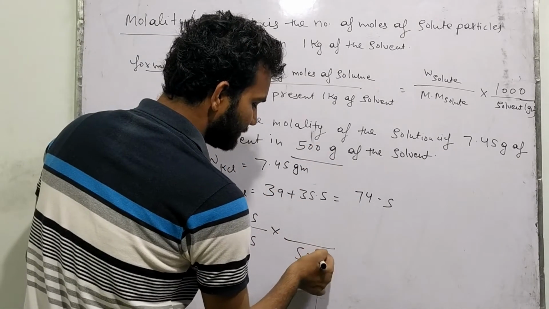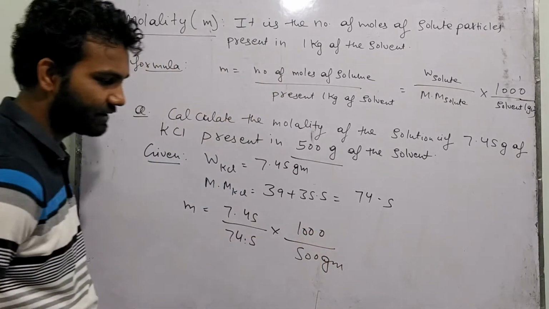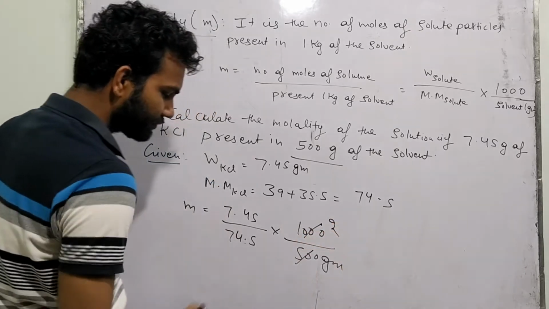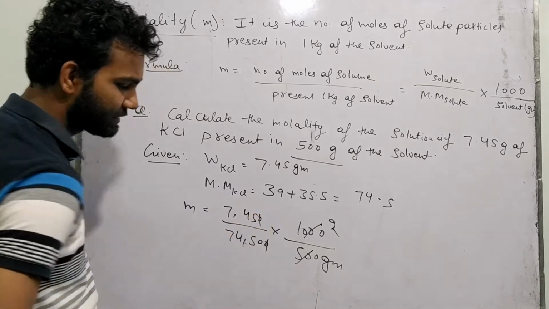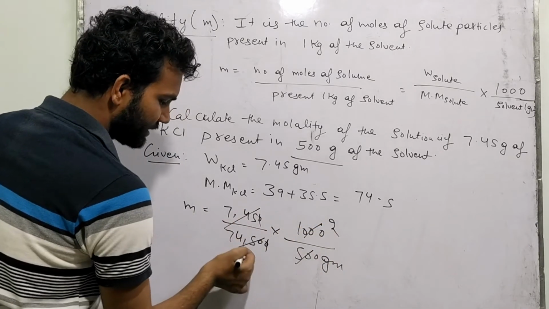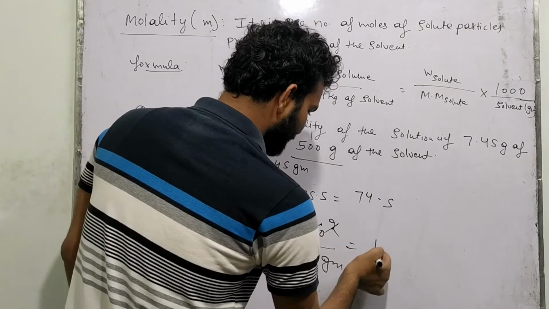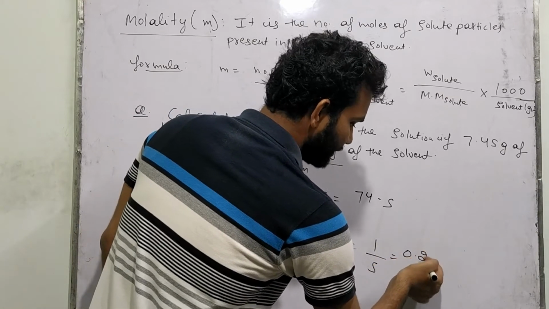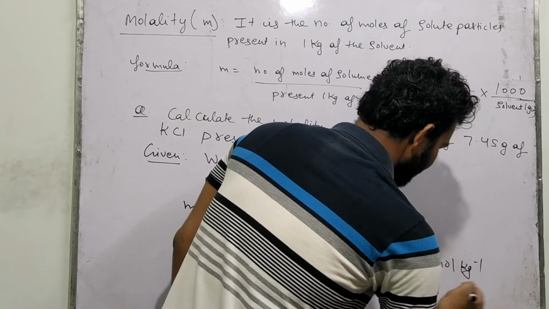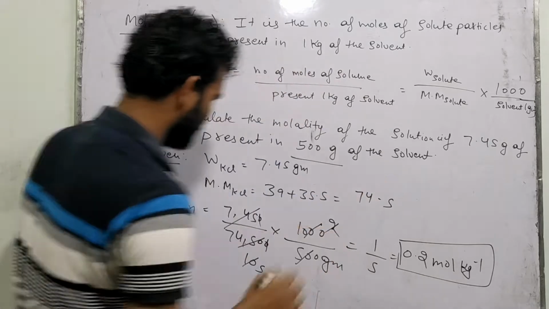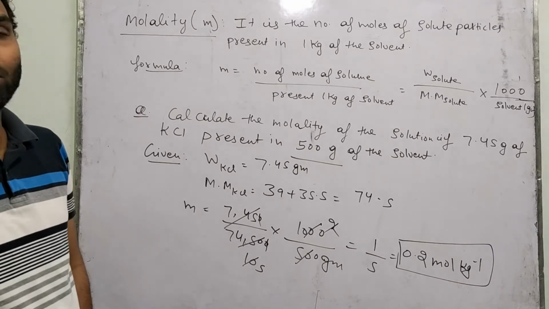The solvent is 500 gram, तो इसको हम कन्वर्ट करेंगे किलोग्राम में 1000 से डिवाइड करके, 500 upon 1000. तो ये आपका आ गया 0.2 मोल kg इनवर्स। दैट इज योर आंसर। तो मोलैलिटी ऑफ द सॉल्यूशन इज 0.2 मोल kg इनवर्स।